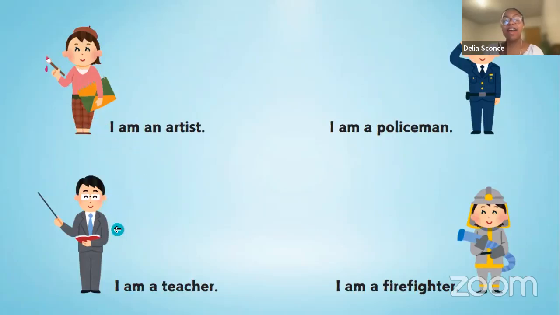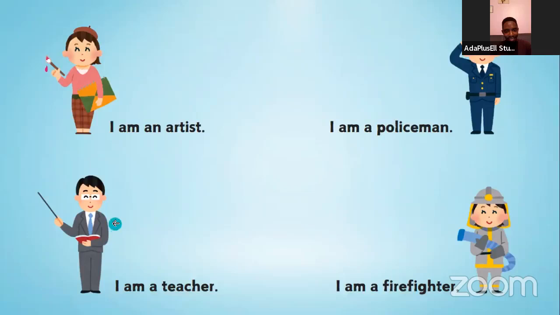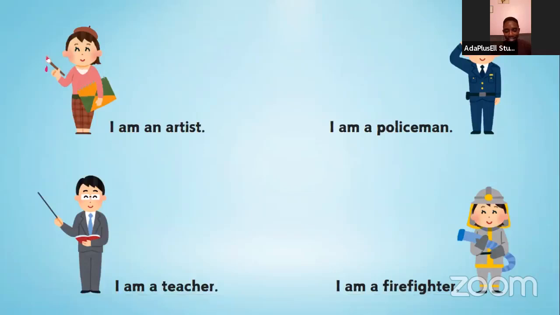And here we have this one. He's holding a stick in his hands, and then he has a red book. And then he's putting on, is it like a gray suit? Yes, he's putting on a gray suit with a tie, a blue tie. And then he has dark black shoes, I think, but we cannot see it very clear.